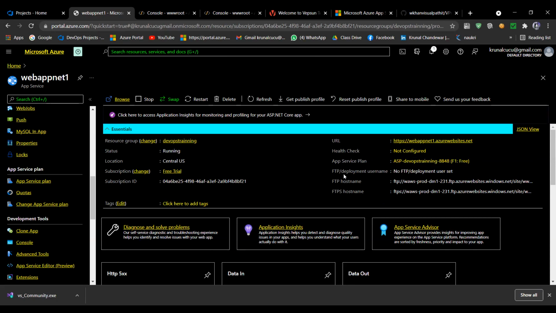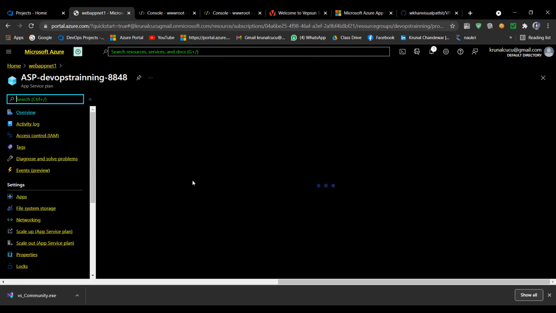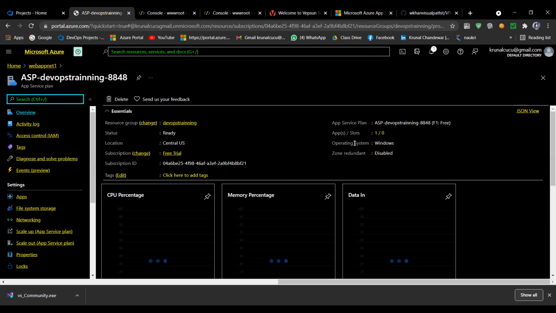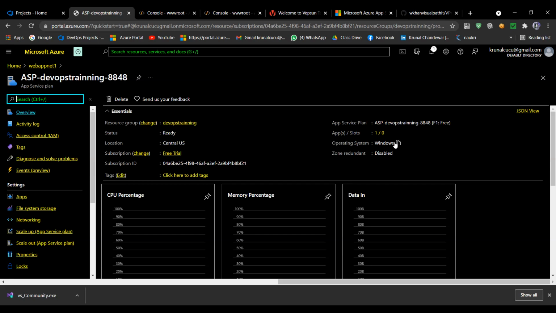But if you want to check which Windows Server version we are using, how to check that? Here is an app service plan. If I click on this app service plan, this is opening now, and it says the operating system we are using is Windows, a server. But which Windows Server? They are not giving details, like whether you are using 2016 or 2019.